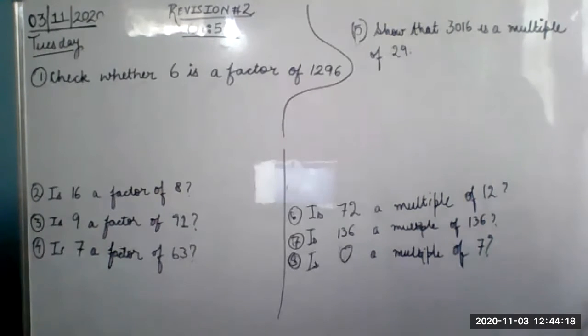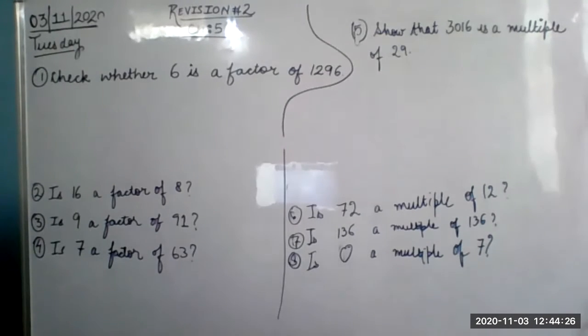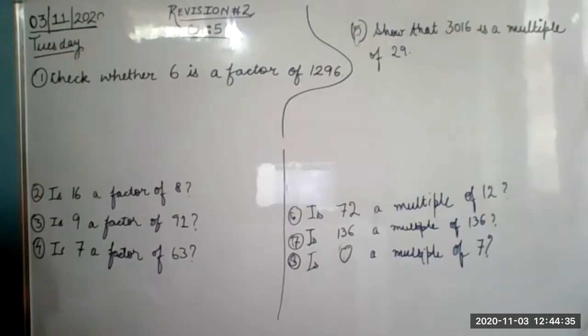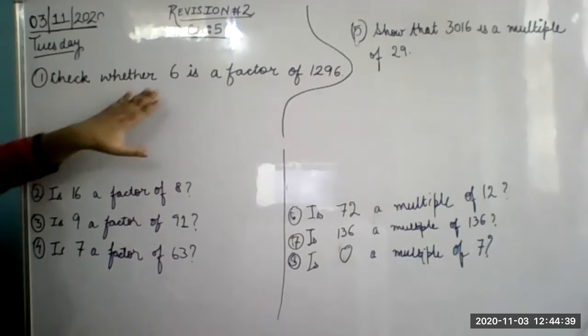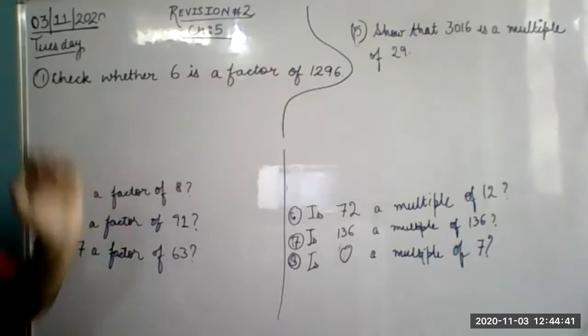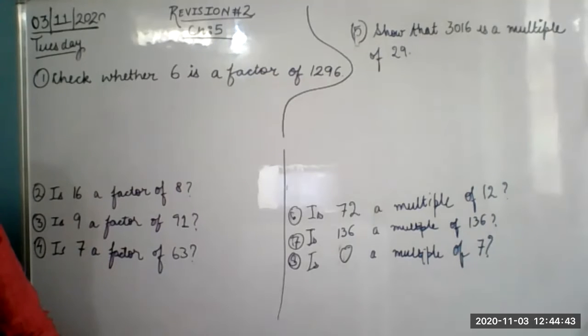I do the second one. Obviously, yes. This is not the question to ask, Rishabh. If you have done the first one, do the second one. Beta, to check whether this number is a factor of any number, we used to divide. We check whether this number is coming in the multiplication of this number or not.